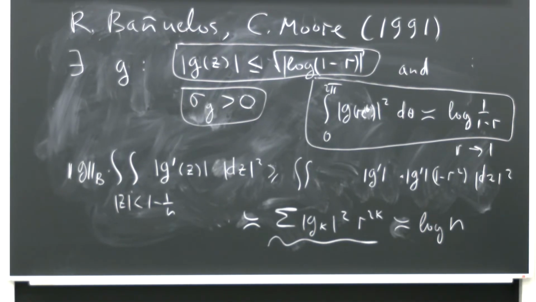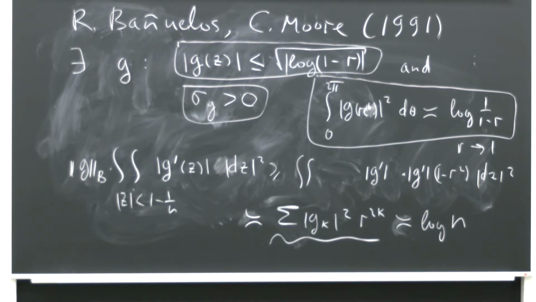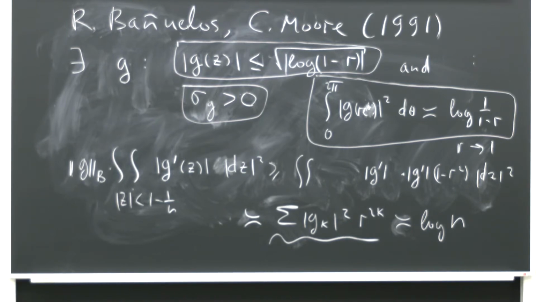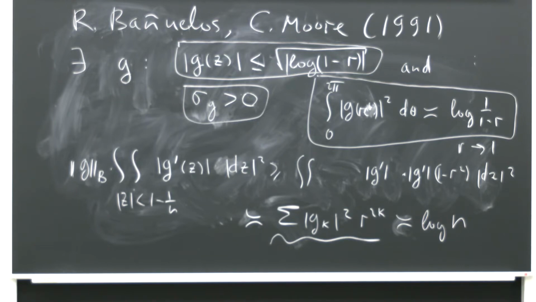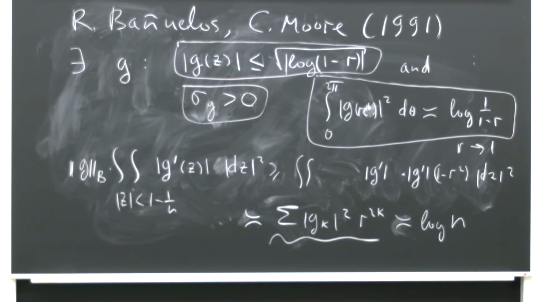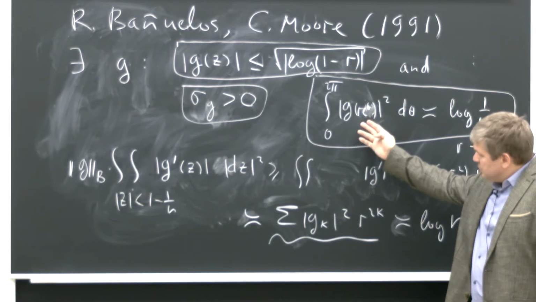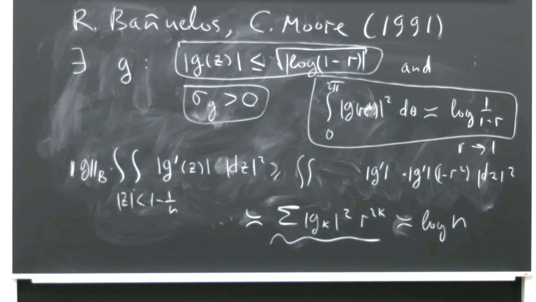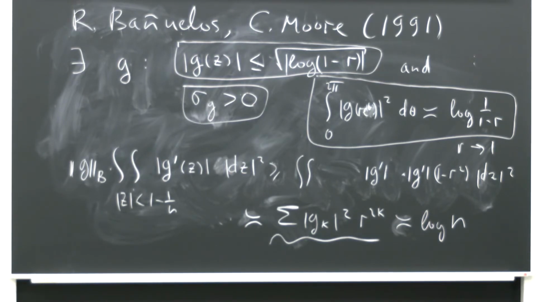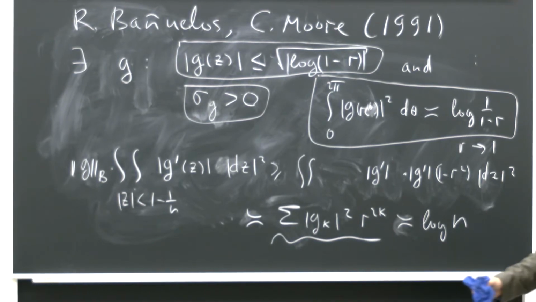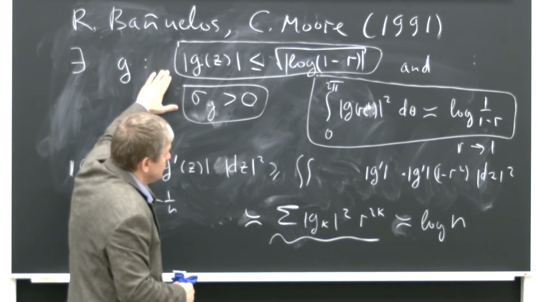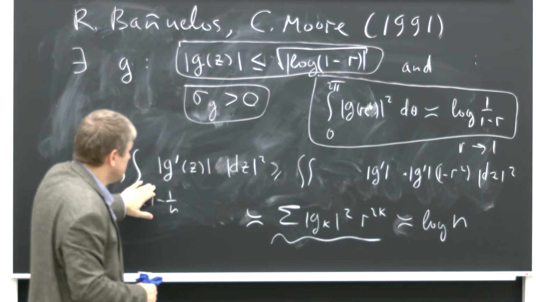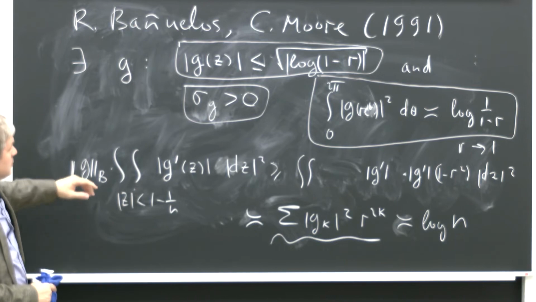So could you repeat the main line? Because you mentioned that for bounded functions, this inequality is useless. Yes. But for Bloch functions, not. For Bloch functions, not okay, but we are working with the derivative of the Blaschke product, and the Blaschke product is bounded, or do you just want to demonstrate how it works if the Blaschke product is replaced? No, I just mean the relation between bounded functions and Blaschke products. Yes, because any bounded function can be approximated by Blaschke products. And I understood, but how is it related to Bloch functions? Well, this inequality is of interest only for Bloch functions, right? The inequality on the bottom is interesting only for Bloch functions. Yes. And how to extract Blaschke products from